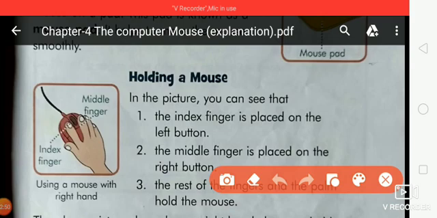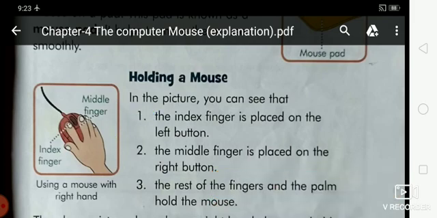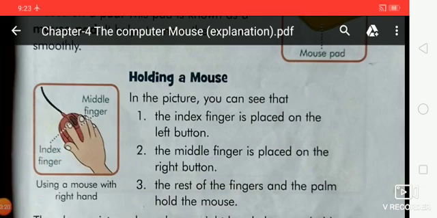So students, put your finger on the first line of this heading, and let's start reading with me. Firstly listen to me carefully, because it will help you understand how you have to pronounce every single word of this chapter. Now students, let's start reading. Firstly we will read this chapter and then I'll explain it to you.